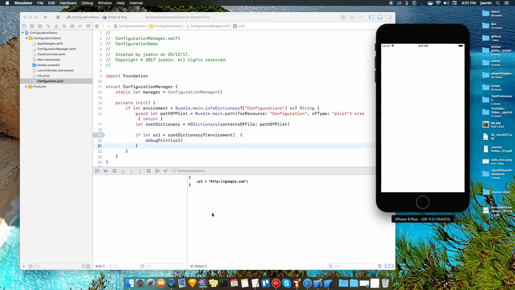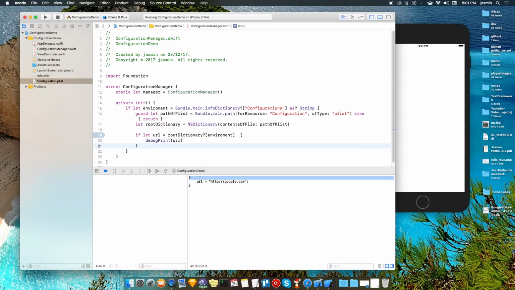Yeah, as you can see it's a URL, google.com. So this is how you can get the things from the URL. We are getting a dictionary from here, so we will use string to string for our convenience. You can use string to any.